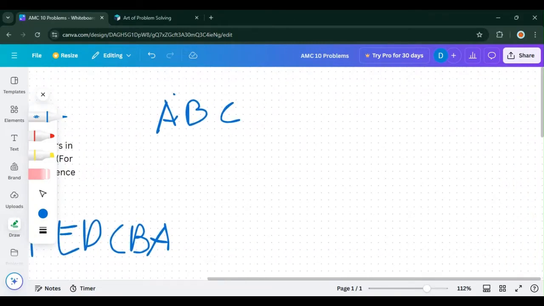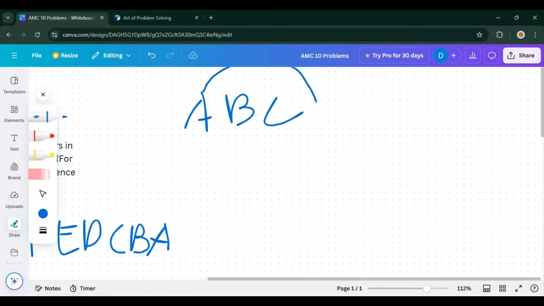CBA. So A has to move all the way into the last position, B has to move left of it, and C has to be the letter that's in the leftmost position. So A has to move in between B and C, and then move to the rightmost position, to the last position. So we have ABC. A has to go over here. It takes 2 moves because it first goes in between B and C, and then after that it moves right